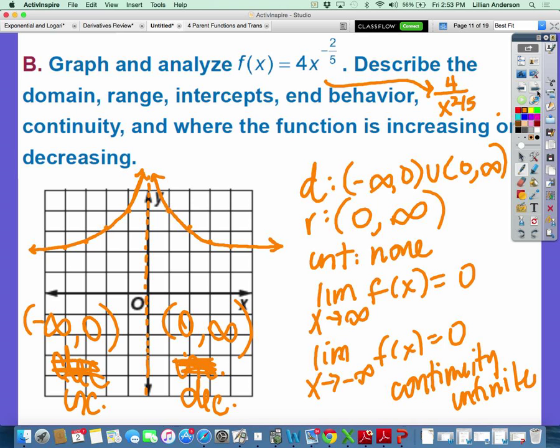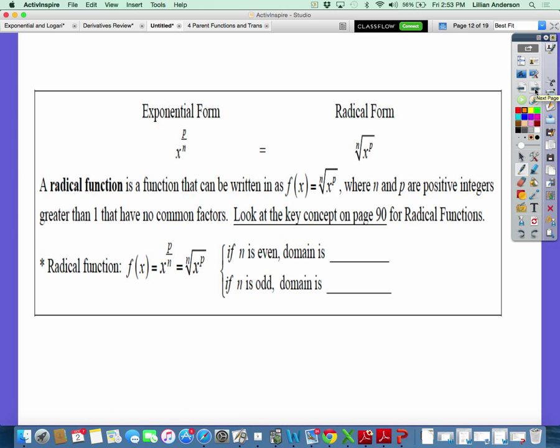Questions up to here? We're just going to be able to get through the graphing today. We'll save solving radical equations for next time. Exponential form is x to the p over n. It can be converted into a radical form if you did not remember that from Algebra 2. Some of you did. Now, a radical function is a function that can be written as such, where n and p are positive integers greater than 1, with no common factors. If n is